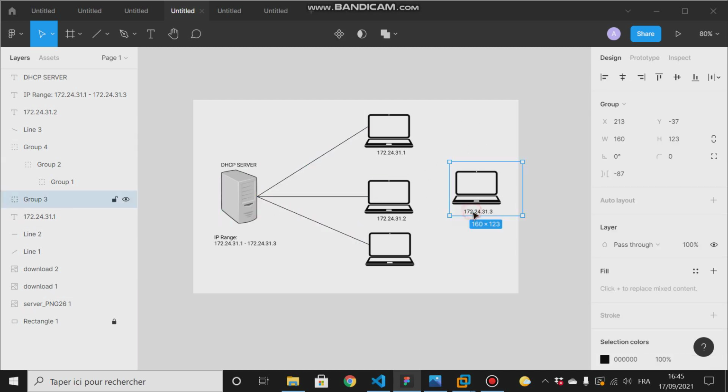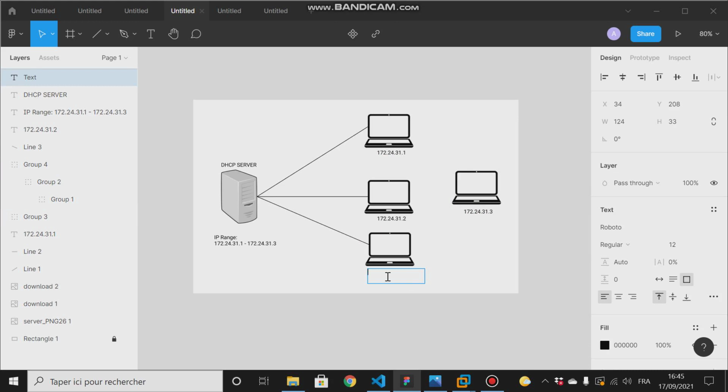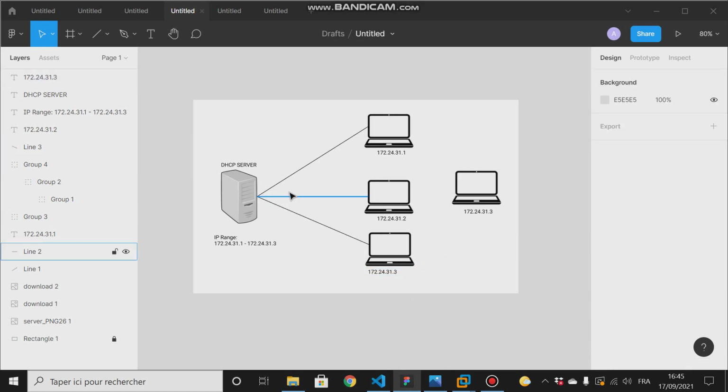And then assign that IP address to the new user. Right? But what if, for example, we want that this user or this client